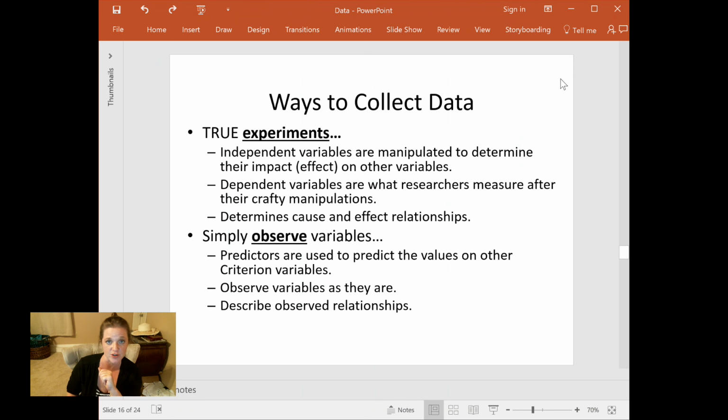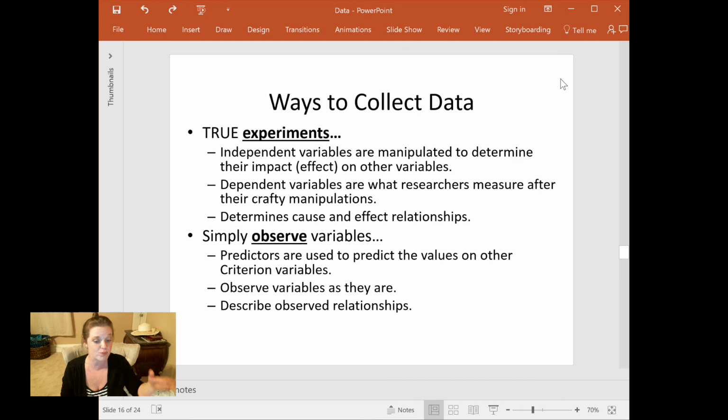All other kinds of research are called observational or correlational in nature. Observational and correlational are a little bit different if you take a research methodology class, but for our purposes in this class, you can really treat them as the same. You can treat them as not a true experiment, where you're just observing the world as it is. You're not manipulating things. You're not messing with people. You're just watching the world as it happens, even if you're doing so in a systematic manner.